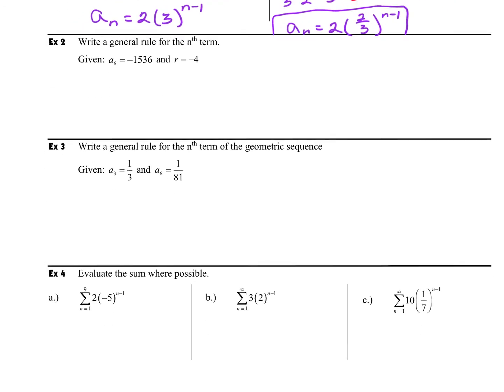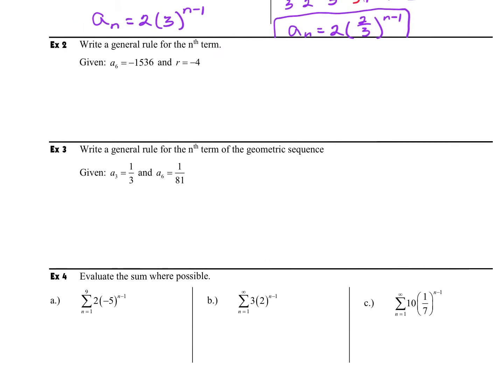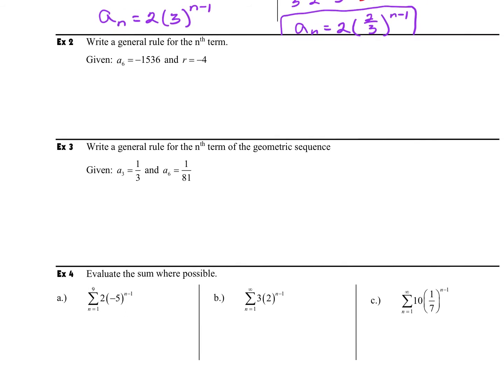Now, when we get into writing the rules, if I don't give you the nice little sequence, we're going to need to do a little bit more work. So this one, I've given you the ratio, and that's pretty convenient on this one. But I did not give you the first term this time. So we'll start off with our general rule. We don't know the first term, so we'll write our a sub 1. We do know that our ratio is going to be -4,